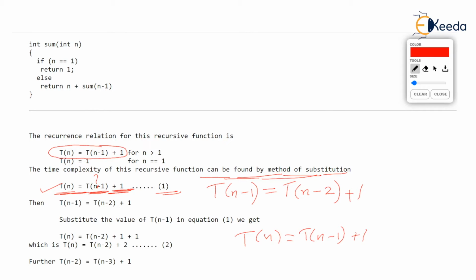Now you are asked what is Tn minus 1. Then simply substitute n as n minus 1. So the left hand side becomes Tn minus 1, and each n on the right hand side is replaced with n minus 1. So obviously the right hand side becomes Tn minus 2, because it is n minus 1 minus 1, and then this plus 1 remains. That's what I have written. I am encircling it: Tn minus 1 is nothing but Tn minus 2 plus 1. I hope you are understanding it.